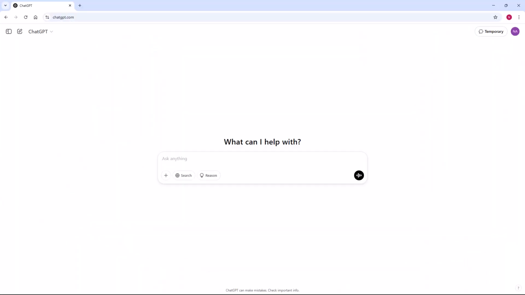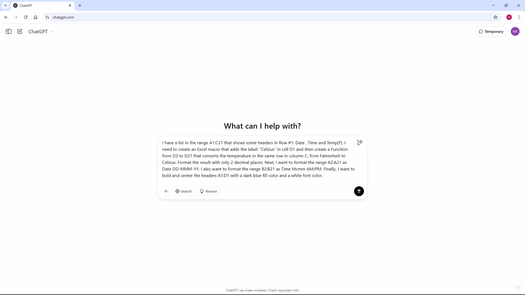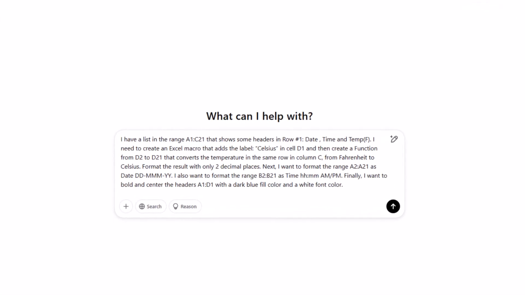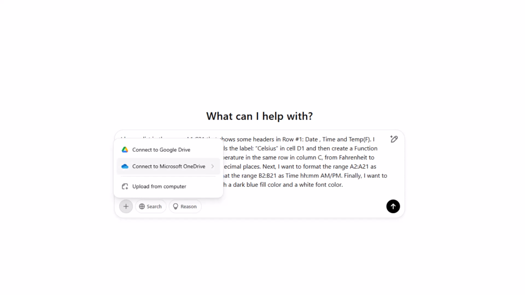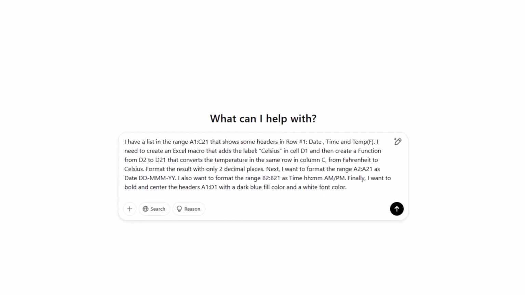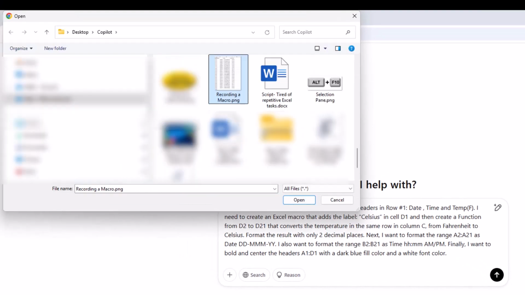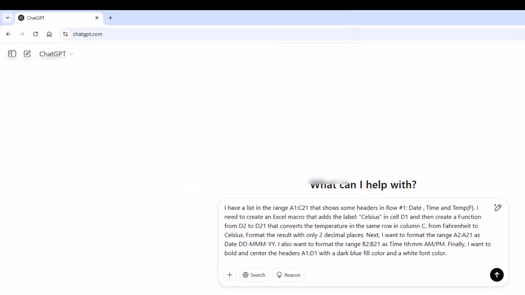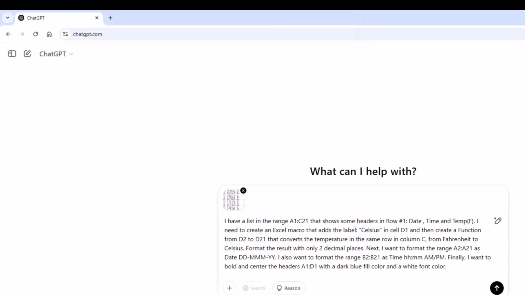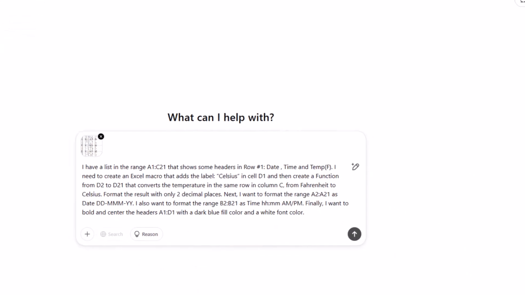I switch to ChatGPT, where I'll be creating the same exact prompt. To help ChatGPT understand the work situation, I will be attaching a screenshot of the worksheet. I already have this picture saved to my computer. Then I click on the plus sign and I select Upload from Computer. I select the picture I want, I hit Open, and now I'll be sending the prompt to ChatGPT and see